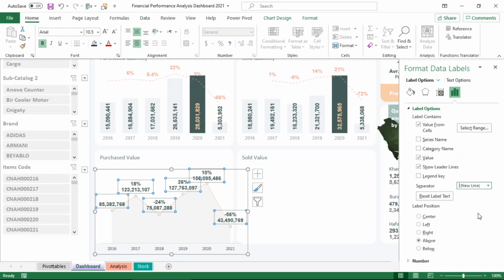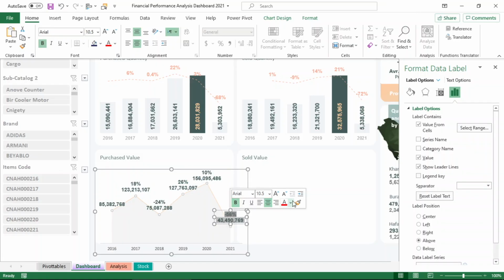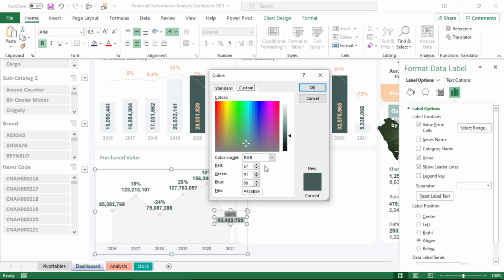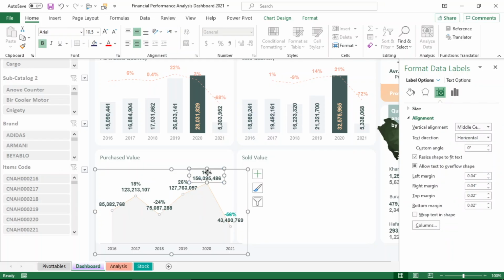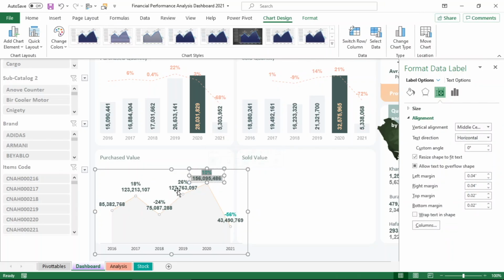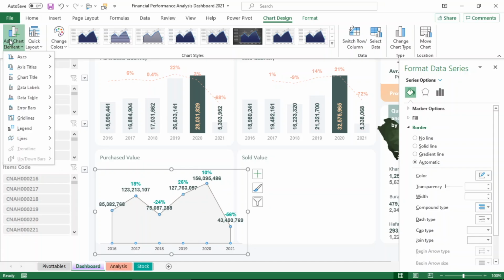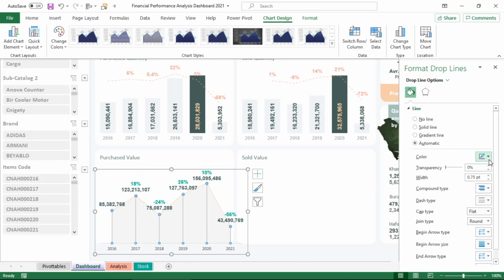Now to change the color of the percentages, you must select each percentage separately by double-clicking on it, then add the color. Adding a drop line will give a more beautiful appearance.